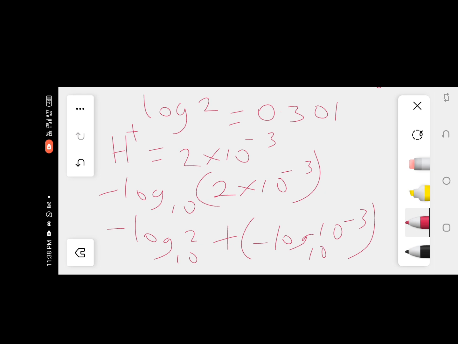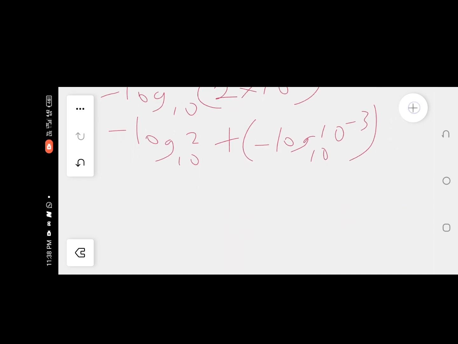I close the bracket. You remember I told you log 2 is 0.301, which you are expected to know. So how do we go from here? The next thing you want to do is, because your log 2 is 0.301, you just have your minus, and because log 2 base 10 is 0 point,